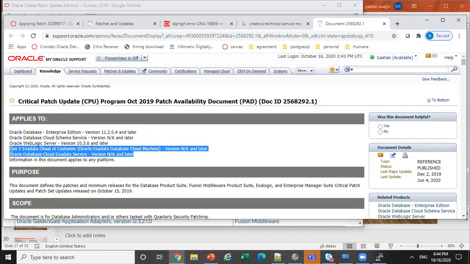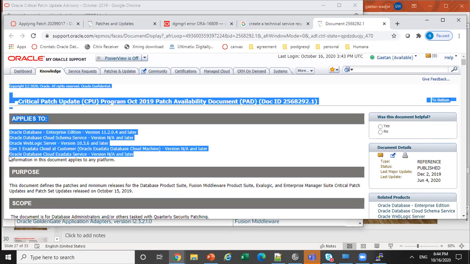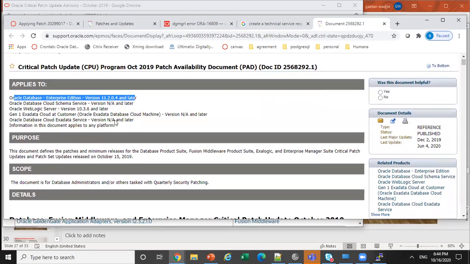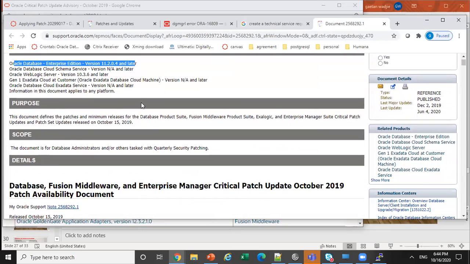Okay, these are almost the same concept, cloud at customer and cloud services. Okay, so you see that this patch is valid only for WebLogic servers and database servers, Oracle databases. So you should read this part before you apply. And it gives you,